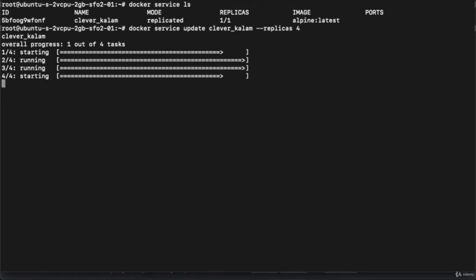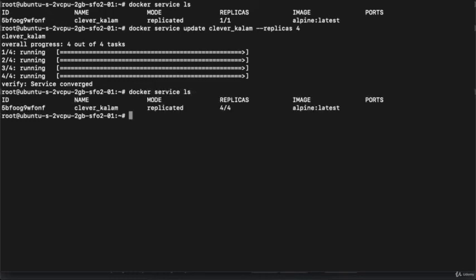Hit enter. Then over here you can see it is showing you the execution order as well, right? So you can see the 4 services have been created. Now if you execute a command docker service ls, then you can see only a single service is running. The name is clever kalam, and this particular service is running in the 4 replicas. It means the 4 containers are running which are actually executing this particular service.